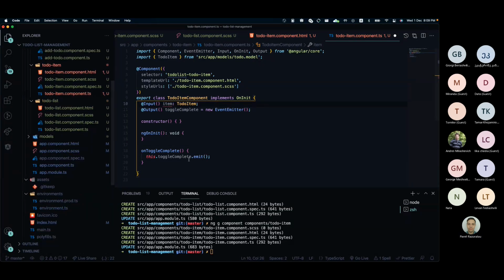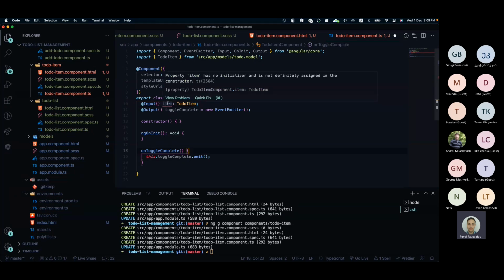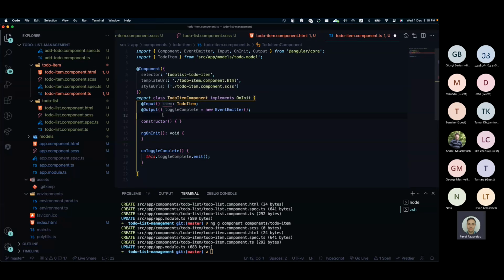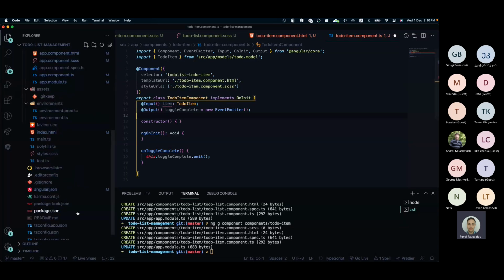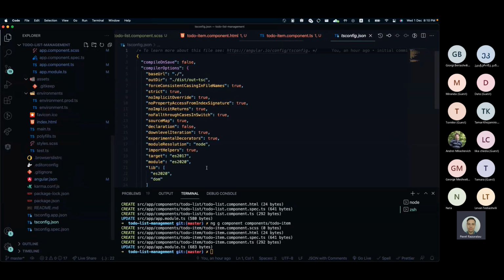Okay, I see that these kinds of errors are pretty annoying. In case we're definitely sure that we'll always pass the item property, let's make some additional customization in the